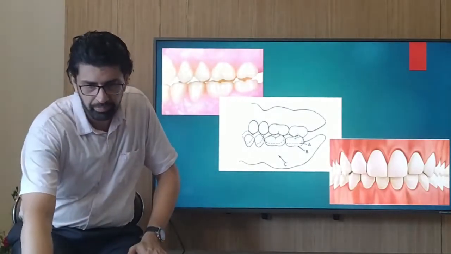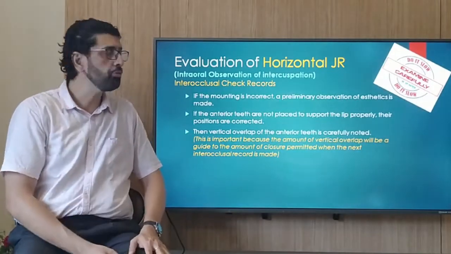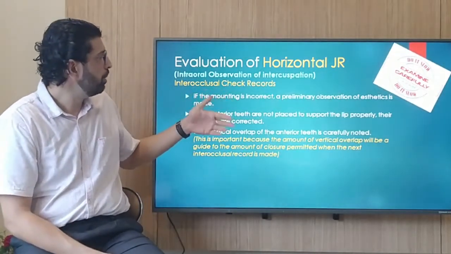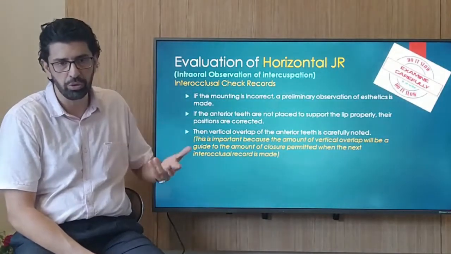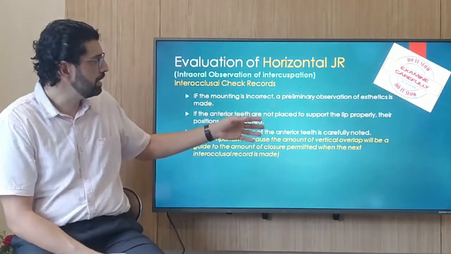Okay. All right. So evaluation of horizontal jaw relation. Again, how to make the inter-occlusal check records. How do you do that? So if the mounting is incorrect or